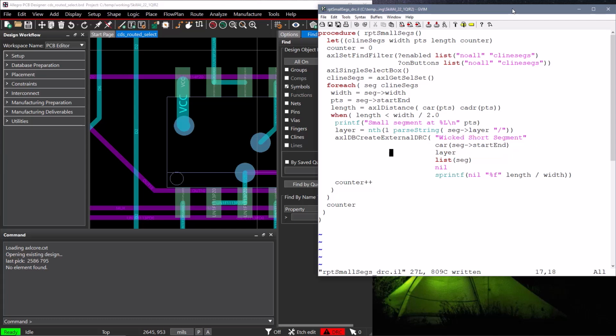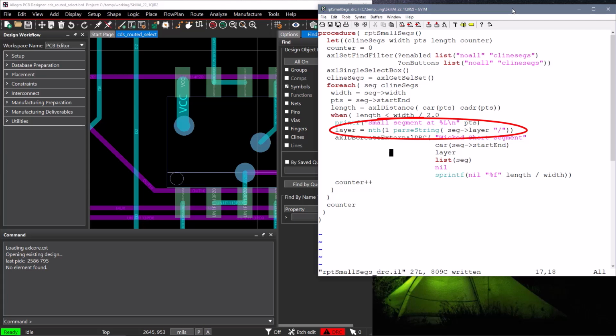The third argument is the layer that the DRC marker will be added to. It is always added on the class DRC error class, so we can just include the subclass in this string. We will add our markers on the layer that the violating connect line segment is on. So we'll use the --layer operator on our segment DBID to get the layer which will be in the format class/subclass. We only want the subclass from that layer, so we'll use the parseString function on the layer, with a